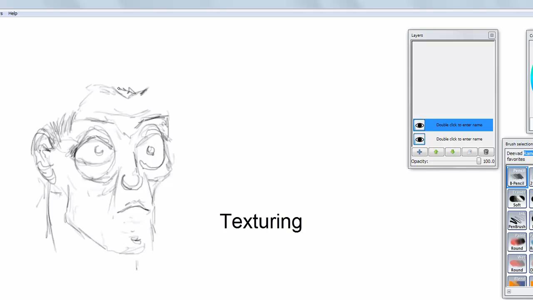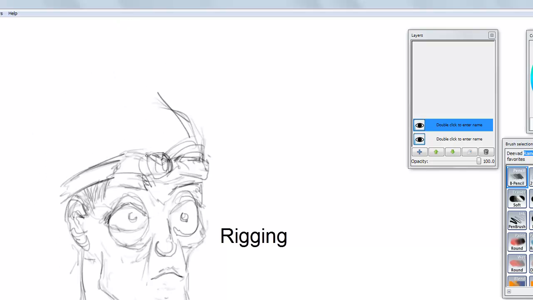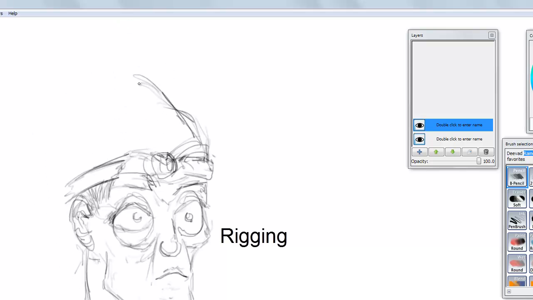inside ZBrush using Spotlight, which is a really powerful way of getting your textures onto a character these days. Then, moving the character back into Maya, we will present to rigging. So we'll do some rigging inside Maya, and then we'll finish up with, once we've got the rigging, we'll test the rigging with some posing, and we'll export those meshes into the Unity package, reapply some of the shading techniques,